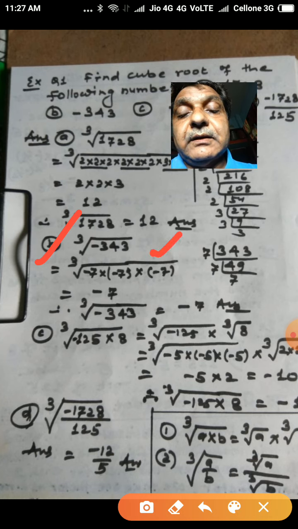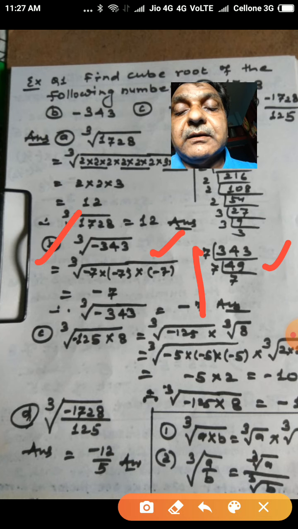So writing the given number under the cube root symbol, again in the margin area I have found its factors, and the factors are 7 into 7 into 7. Since our number is negative, we will write these factors with a negative sign under the cube root symbol. So in the next step, it is the cube root of -7 into -7 into -7, and for three factors, one factor comes out as the cube root, so its cube root is -7. In this way we say that the cube root of -343 is equal to -7.